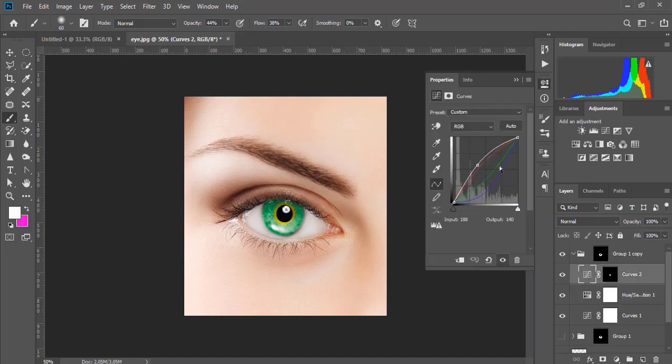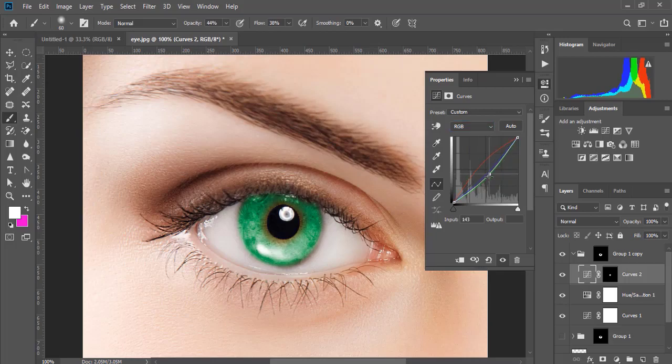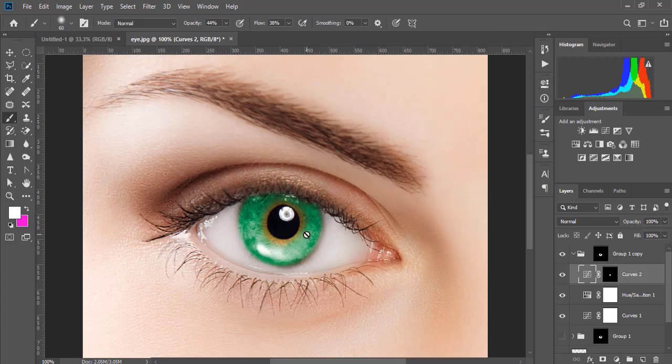And double click here. I want to change the color. Blue. And different colors. Plus zoom. And change the RGB. And red up more, and green. Change. It's okay. Here we can make like this, and if you want to change this color more, and the mask and take the brush